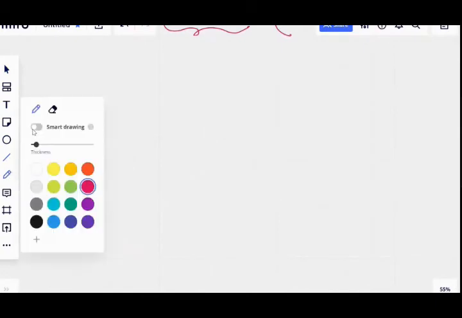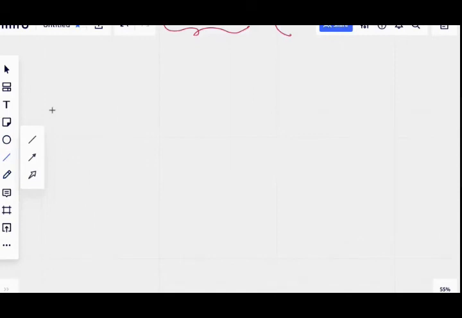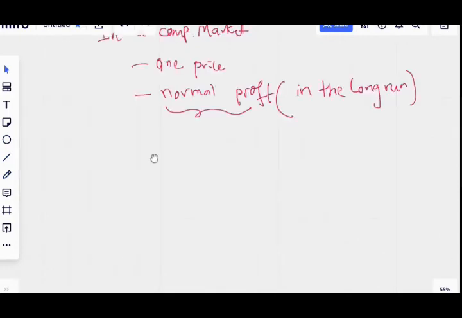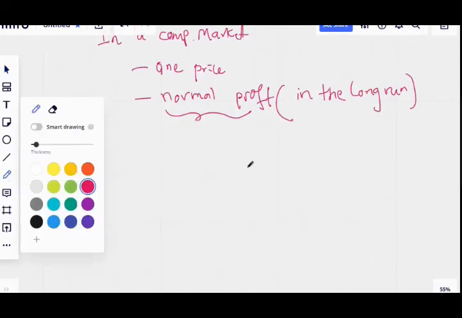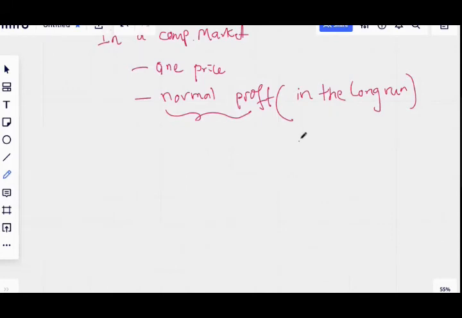But the concept tells you that if it is a competitive market, you will have the same price and everybody will have the same normal profit in the long run. And remember why I'm saying in the long run: because it does not happen overnight. If I have already made a 20 seat restaurant, and everyone in this area has a 10 seat restaurant, then I have to make it half, rent out the other half, and make it a 10 seat restaurant. Only then can we compete with each other.